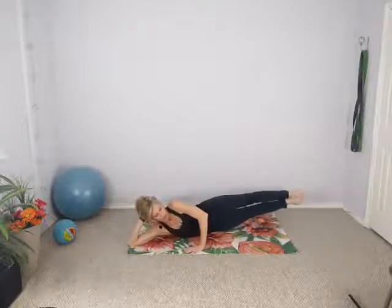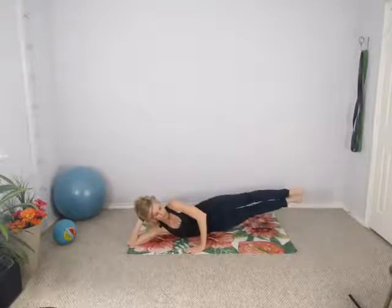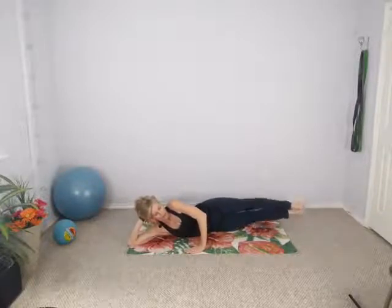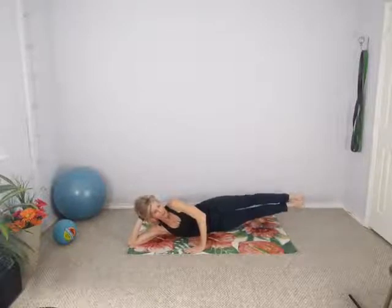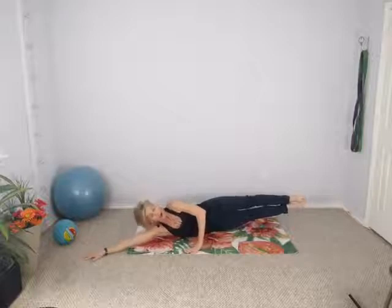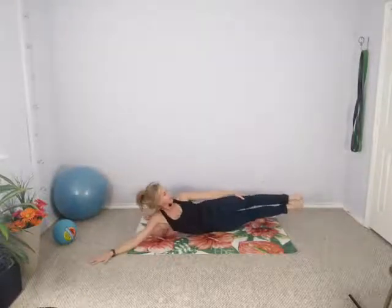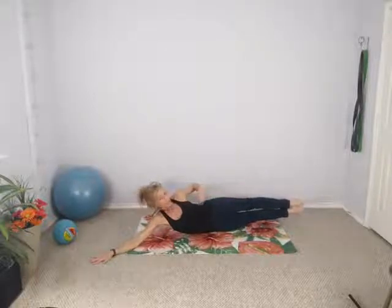Lift and lower up, 8. Exhale, 7, 6, 5, 4, 3, 2, hold the legs up on 1. Now from here, keep those legs up, stretch that bottom arm out, rest your head there, take this hand there, and you're going to lift up and try to reach for your toes. So you're flexing your